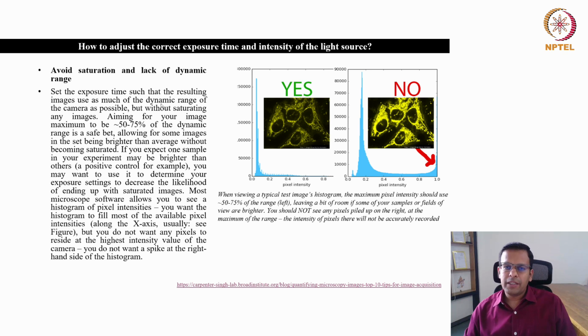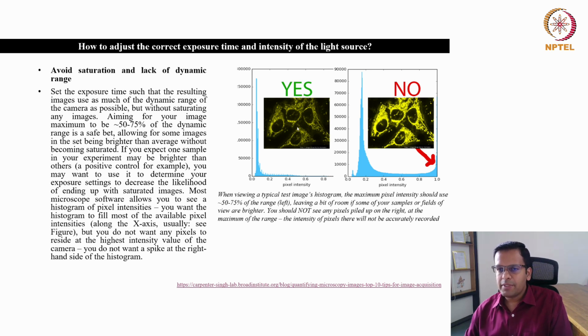For that, all the software provides you this kind of graphical representation of pixel intensity values. On the x-axis of this graph is the pixel intensity, and pixel intensities go from 0 to 1. The 0 indicates the dark pixels, the black pixels, and the right side, that is 1, indicates the bright pixels. So in this image, the more the fluorescence intensity, the more this graph should go towards the right side.